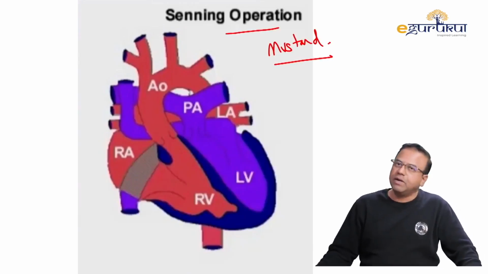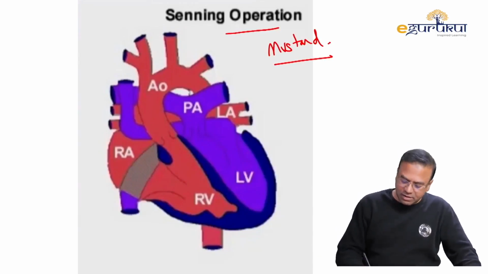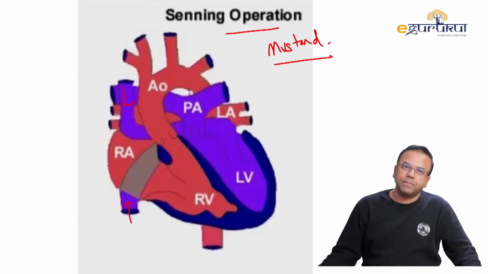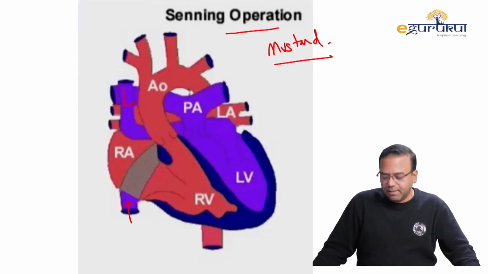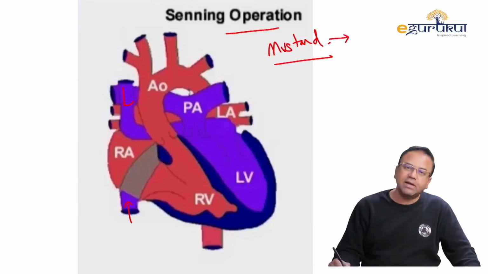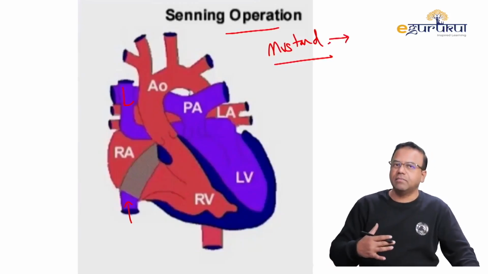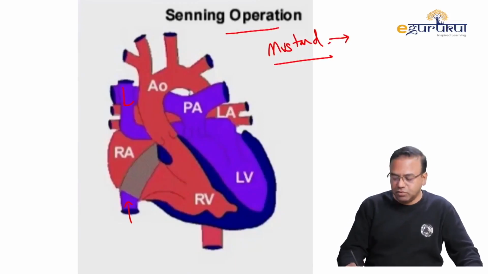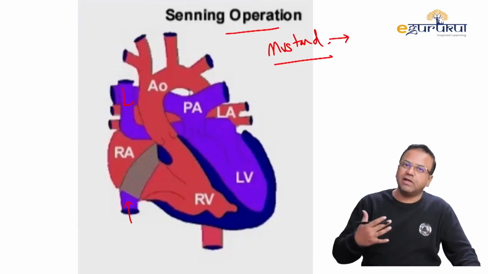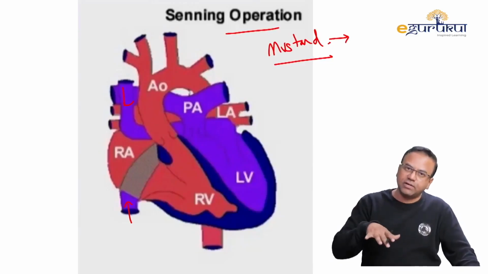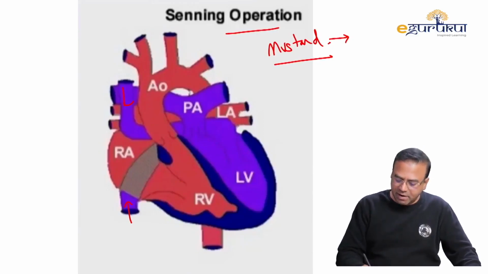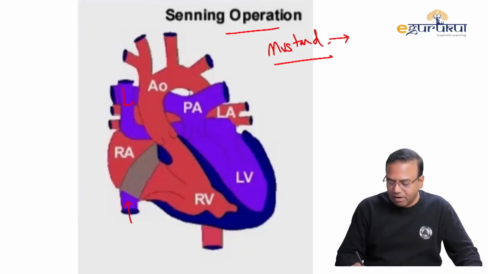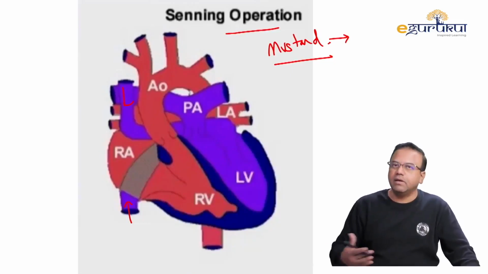Mustard and Senning. What is being done in Mustard and Senning is whatever venous return is coming from the SVC and IVC, the right atrial blood is getting diverted to the left ventricle, and the left atrial blood is getting diverted to the right ventricle. How this is being done: if we are using some synthetic material to create this directional flow of blood, this is called Mustard. If we use the atrial wall itself and mold and fold it in such a way that the blood from the right atrium drains to the left ventricle, and blood from the left atrium drains into the right ventricle, then that is known